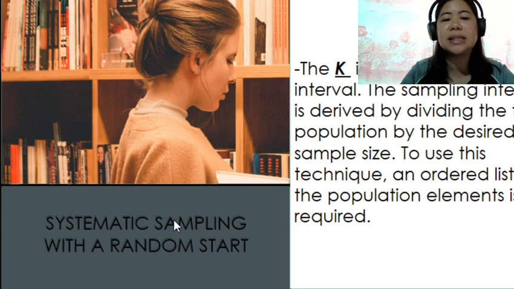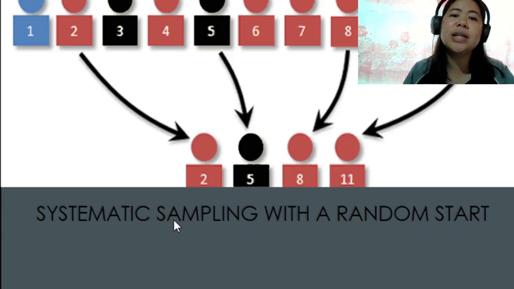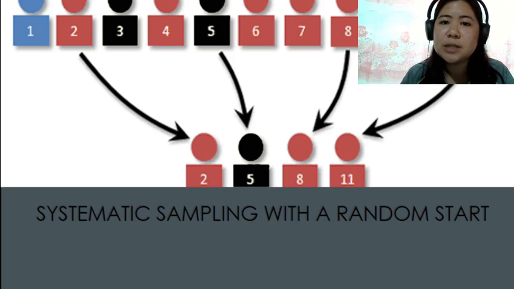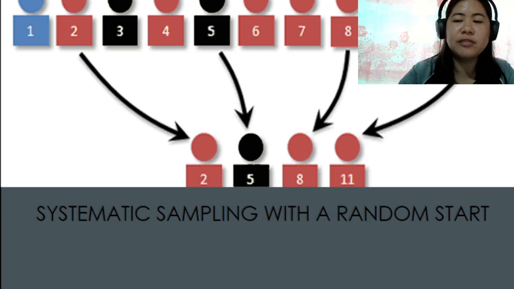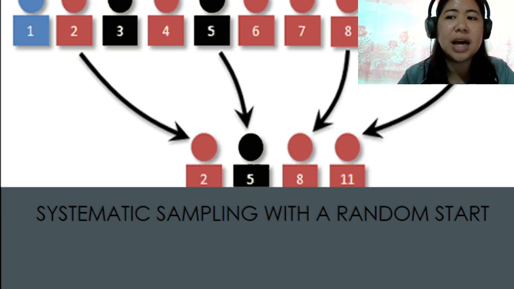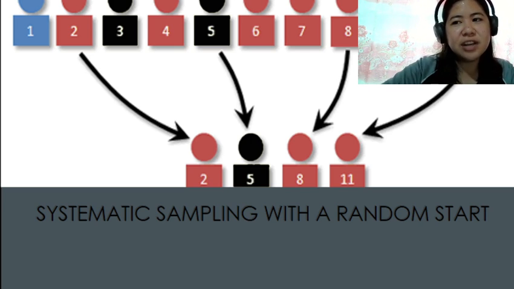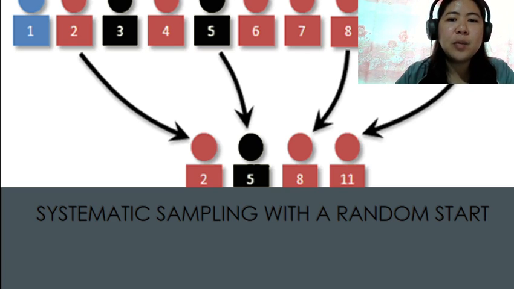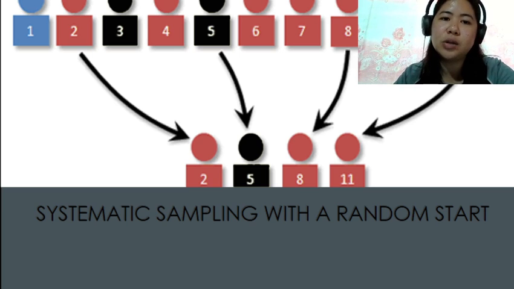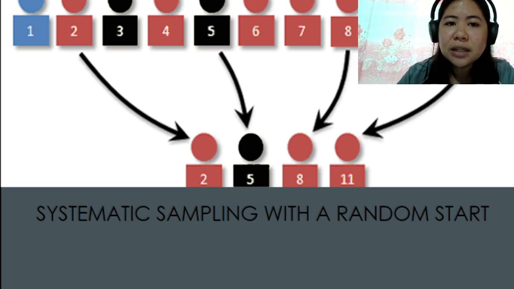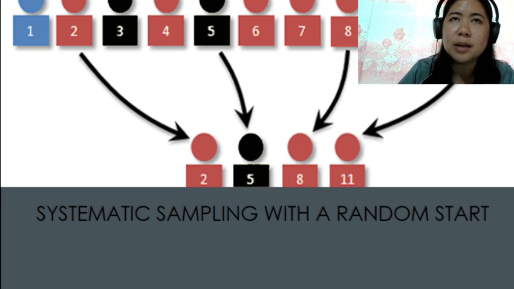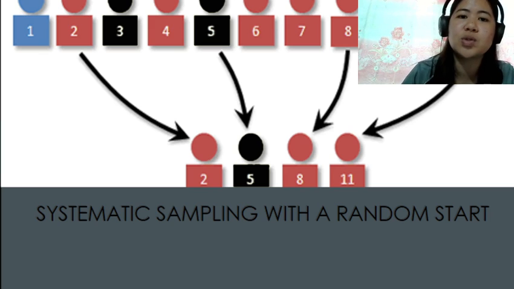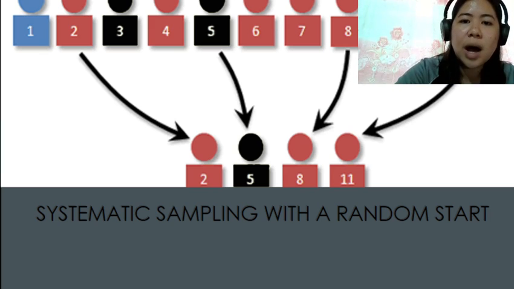So how do we do systematic sampling with a random start? We should first list all of the respondents. Here I just presented 1 to 12, but supposing we have 1 to 100, we just have an imaginary line there, and then we start randomly. For example, we pick 2 instead of 1, so we start at 2. That means respondent number 2 is the first official respondent, and then we count. Because our sampling interval is 2, we count from 2: 3 and 4, 1, 2.